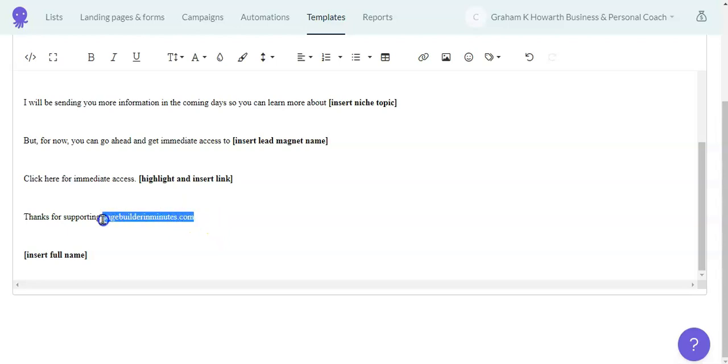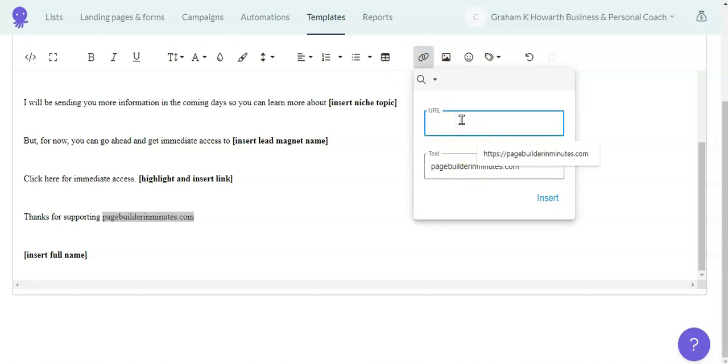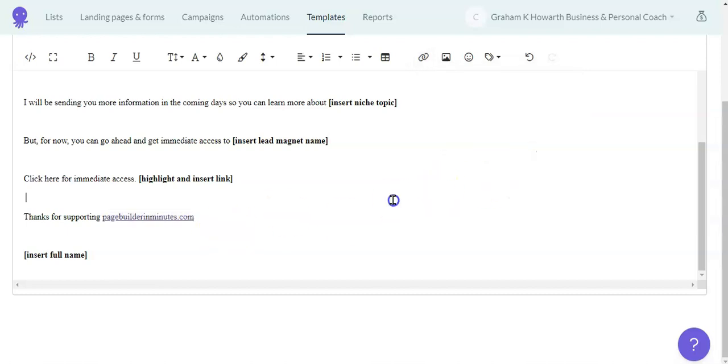We can highlight that particular piece of text and put a link in. So we add in the URL of the site that we want them to go to. And you'll see that comes highlighted in a different color, typical link within an email.